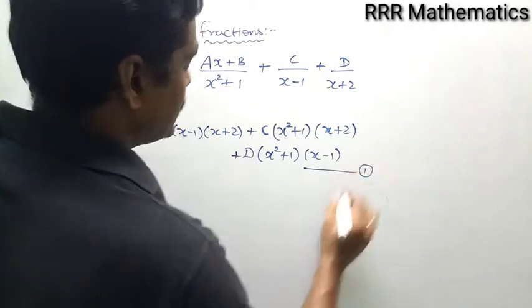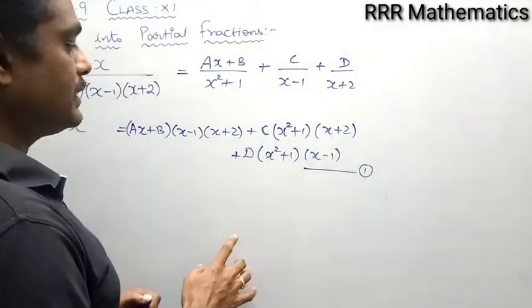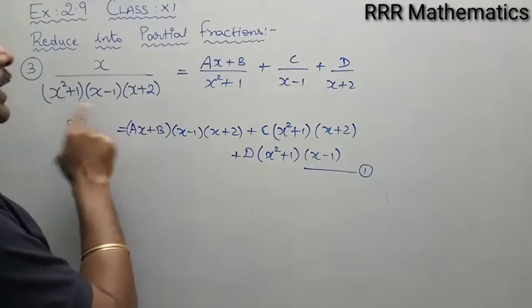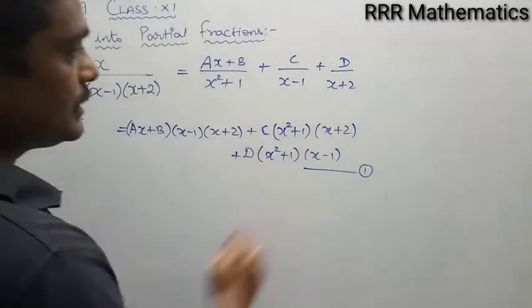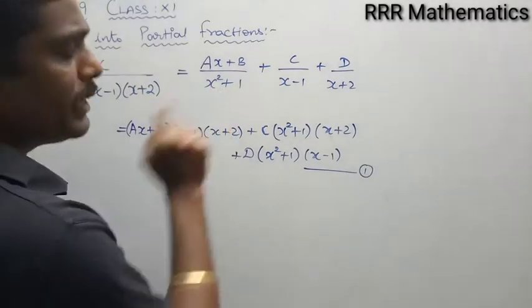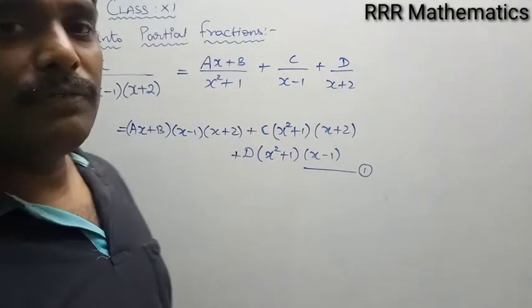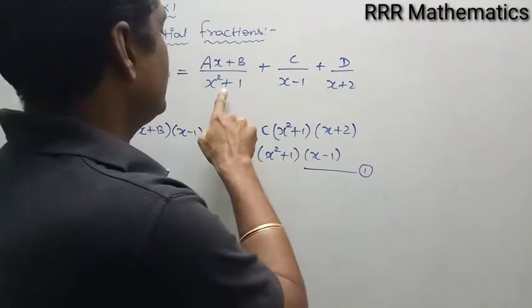Denominator gets cancelled. Got it? So always after taking LCM, the right hand side denominator is nothing but the denominator I have in the fraction. These two get cancelled always. I will take this as 1. Every time I will equate the denominator to 0. But in this case I have x square plus 1, I cannot factorize. So when you equate, I am not getting any real value here. So I cannot do that process here.